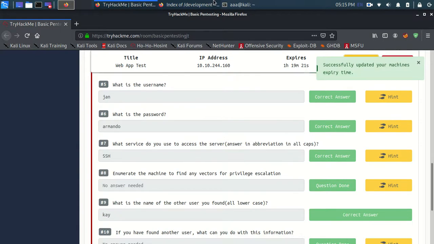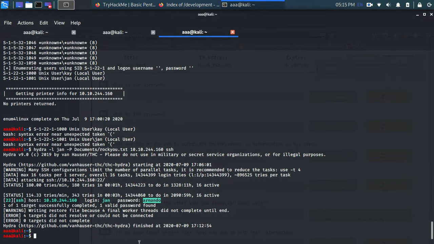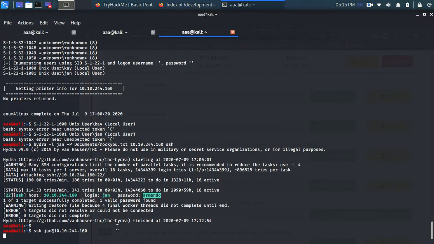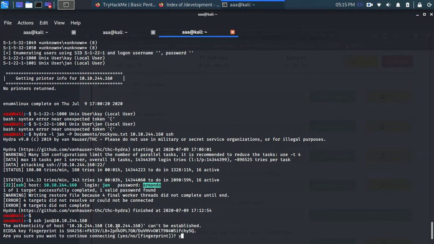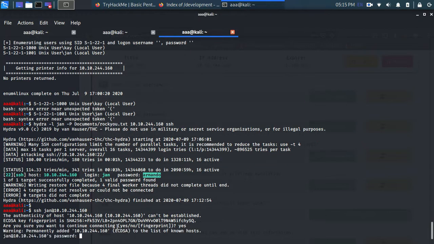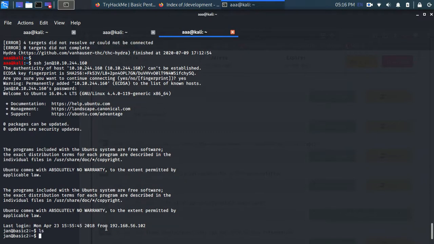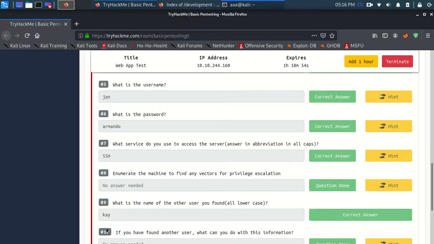Now let's connect: ssh, the username was Jan at the IP address. Let's press enter, press yes, and it asks for the password, which we know is Armando, and yes, now we are connected.